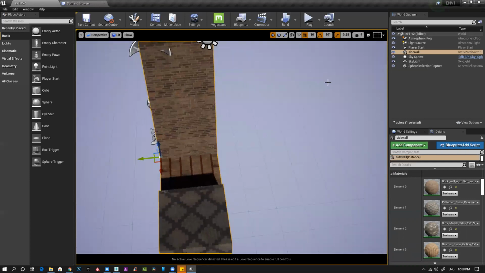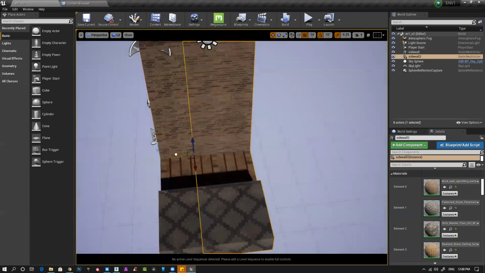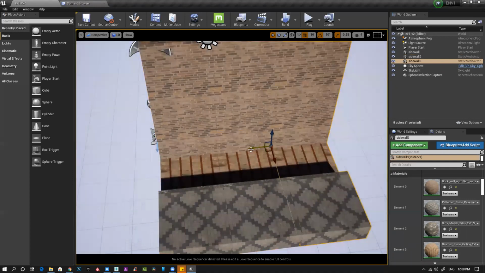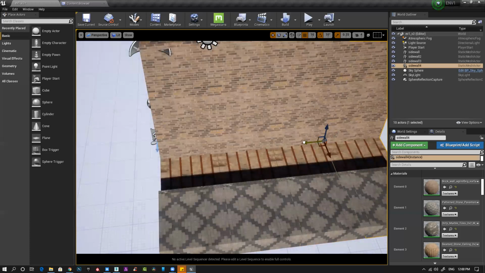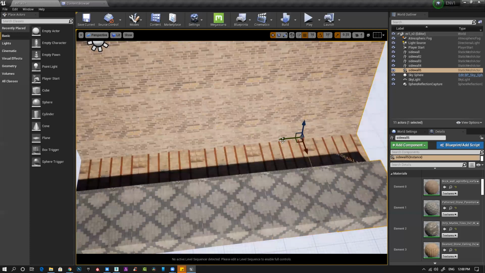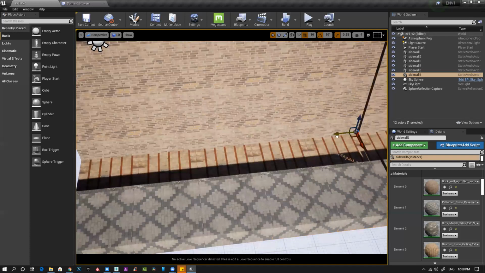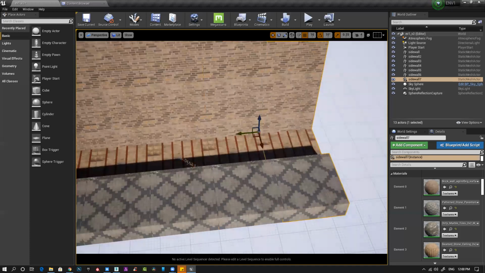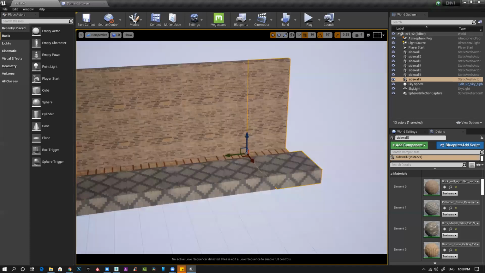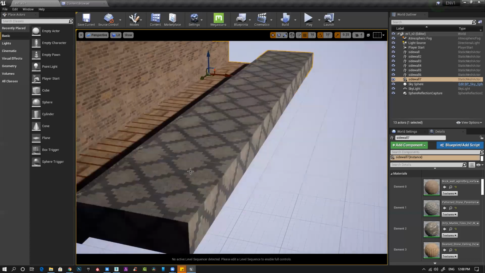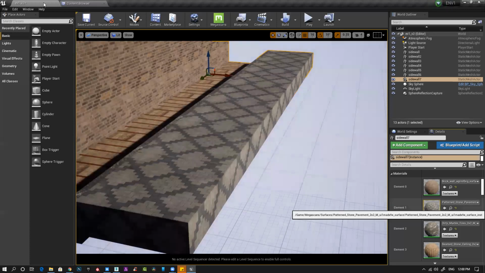My snap, everything is on. By default, these snappings are on. So I can press Alt and drag and snap. It will automatically snap. Like this, I can create this entire scene so quickly. Only thing I feel is this tiling doesn't look nice.